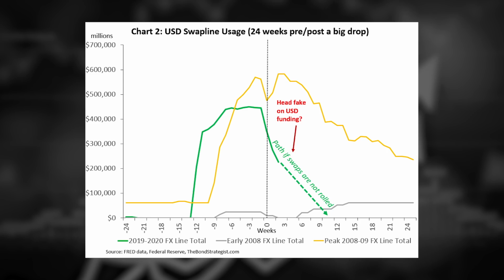With this chart, I think what you're saying is maybe we shouldn't be comparing the green line and the yellow line. Maybe we should be comparing the gray line and the green line. Correct. Because the gray line was so much smaller and scaled to a smaller economy back then, and it felt like a temporary dollar need and went away, and then a few months later, it came back